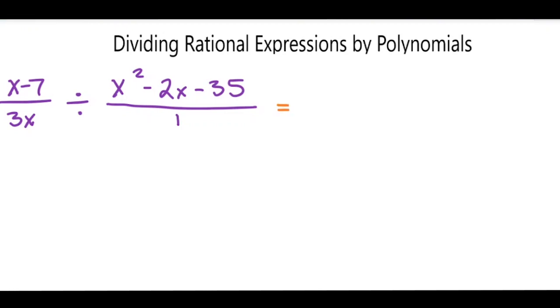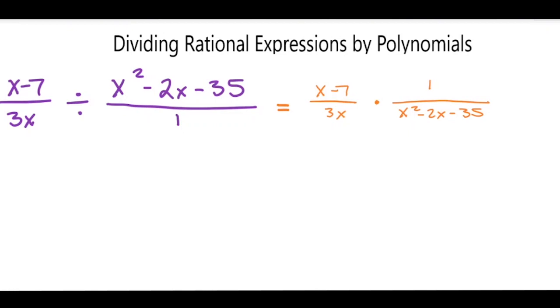Now, remember, when you are dividing by a fraction, you can multiply by the reciprocal of that fraction. And what I mean by that is this. I have (x - 7)/(3x), and I'm going to multiply that by the reciprocal, which will be 1 over x² - 2x - 35. Okay? So now what I want to do is I need to factor all of the numerators and denominators of